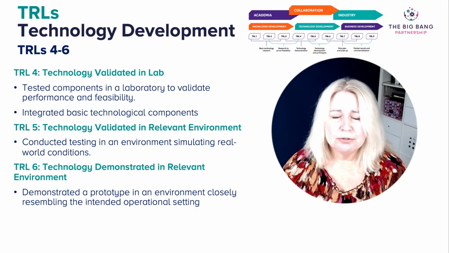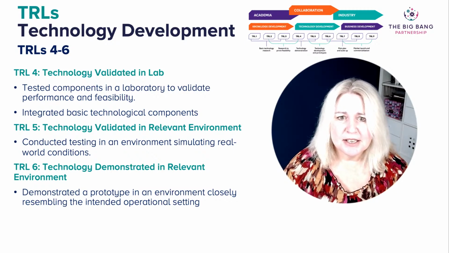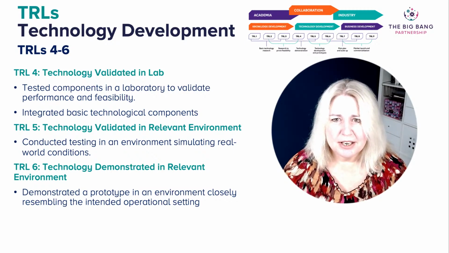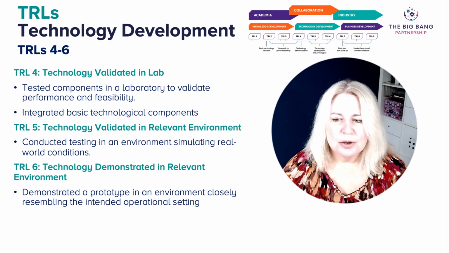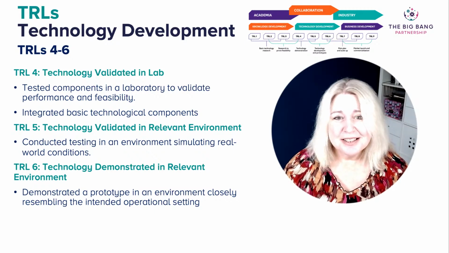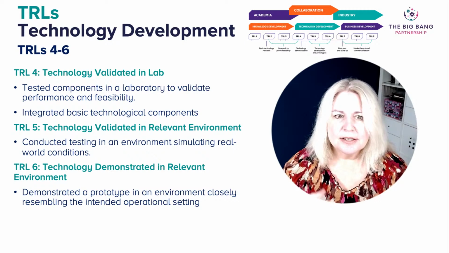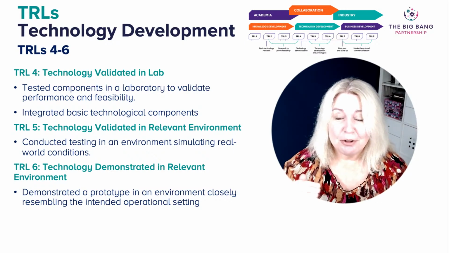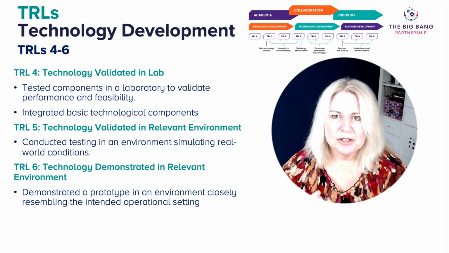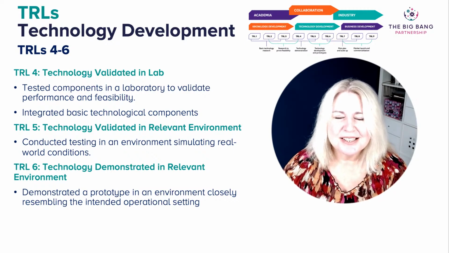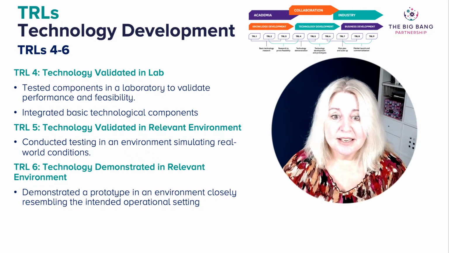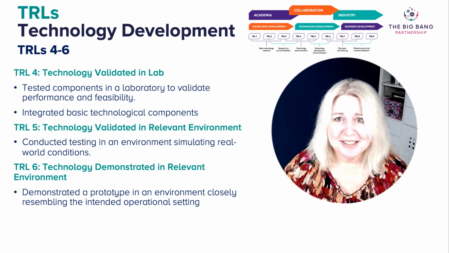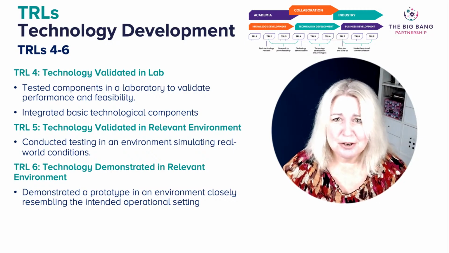At TRL level 4, the innovation is validated, usually in a laboratory sort of environment or a setup environment. And you're sort of thinking, is this likely to work? So, still at the feasibility stage, TRL 5 is about then moving it into the relevant environment and simulating what that might be. And TRL level 6 is then about demonstrating that technology in the real environment, quite close to